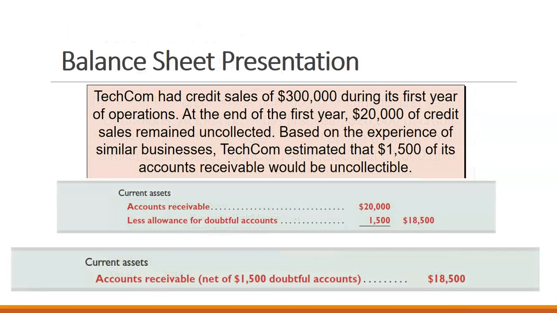Then when we see it on the balance sheet, we can show it one of two ways. We can either have separate lines, accounts receivable and the allowance for doubtful accounts, and then show what our total accounts receivable is net of that allowance for doubtful accounts. Or we can just say accounts receivable net, which means that they've already subtracted out the amount of the doubtful